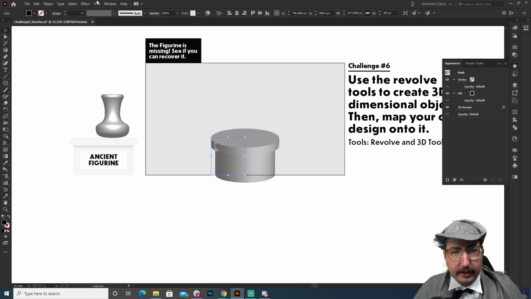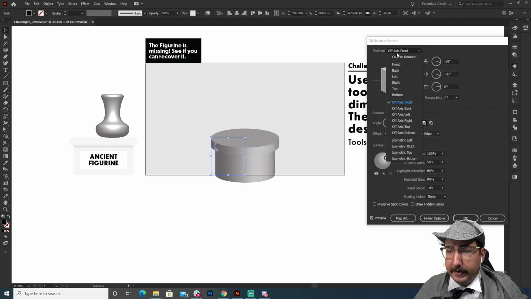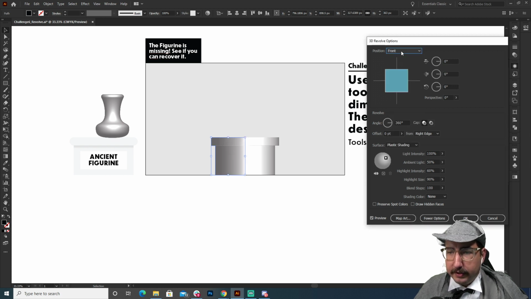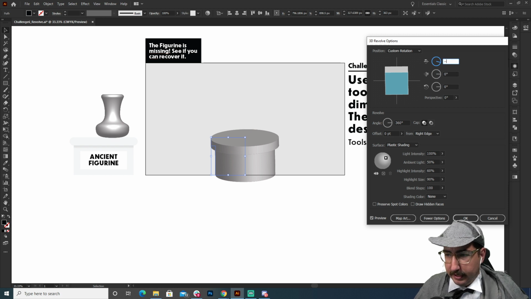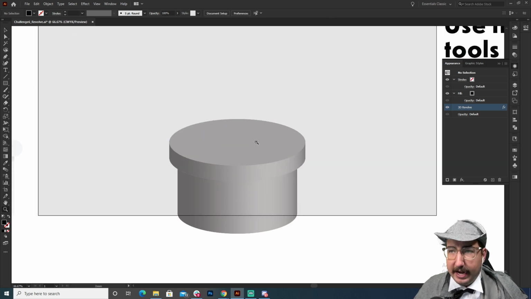Oh, oops, actually I need to change one more thing. So I'm going to, again, very easily come into our panel over here for effects, and we're just going to do this from the front. Let's actually pull it down a little bit. So let's do -20 here so that we can get a good look on it. Oops, there we go. And hit OK. So now we've got a nice little pedestal, right, that is kind of pushing down. We can change the lighting if we want here after the fact.